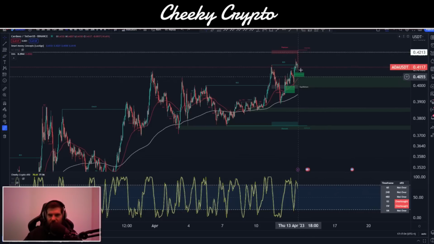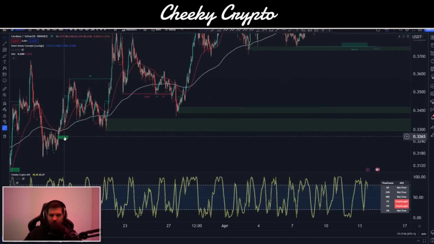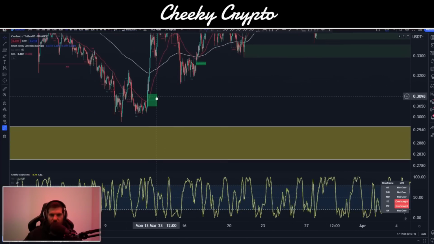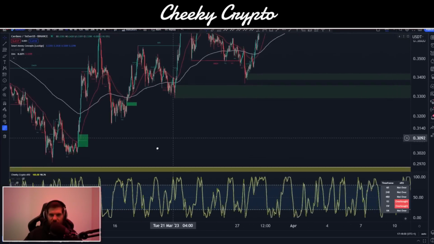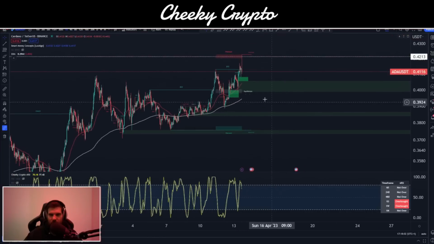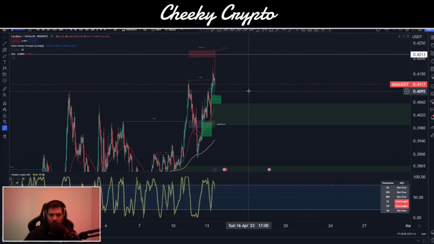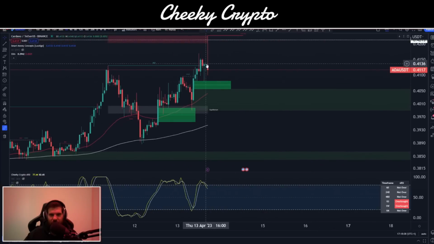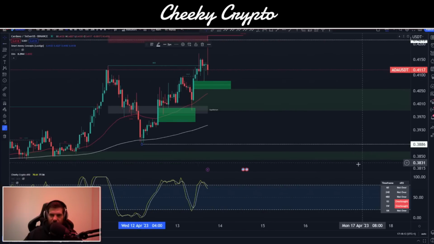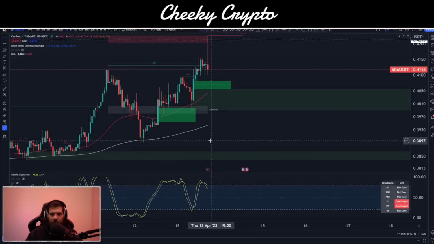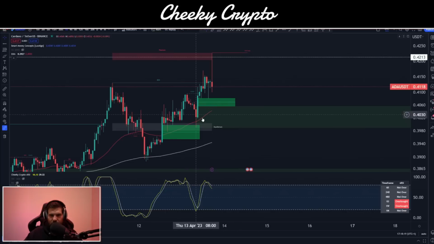So when we take a look at this, we can see there's a couple of fair value gaps over here, and there's one right down here at 32 cent. Big one down here at the 30 cent range as well. So there's still a lot of potential to the downside on these fair value gaps that we want to be a little bit cautious about. Now, if we do come down and we lose this low down here at 38.86, that's going to create us a change of characterization that will be bearish. So just bear that in mind as well.